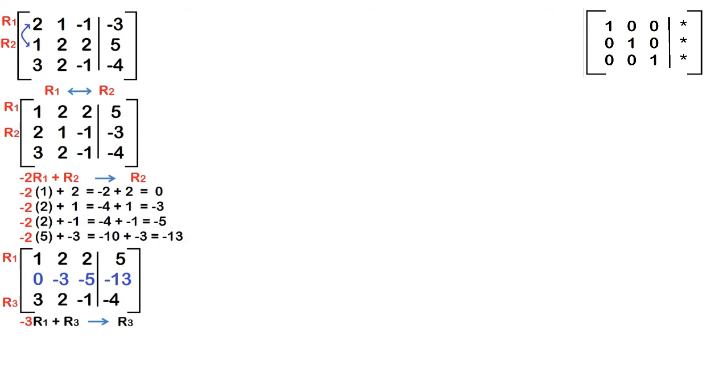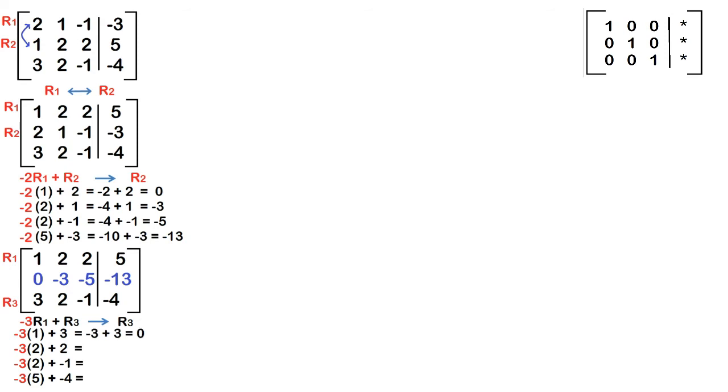Again, -3 times row 1 plus row 3 to replace row 3. -3 times the numbers in row 1, 1, 2, 2, 5, plus the numbers in row 3, 3, 2, -1, -4 is equal to